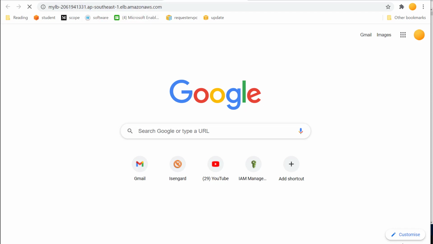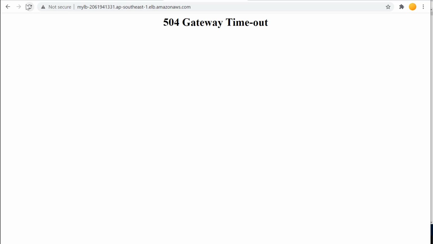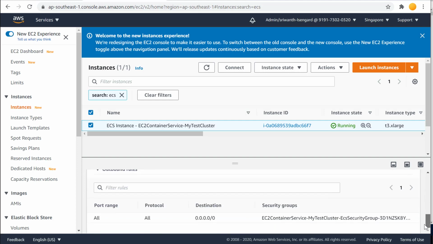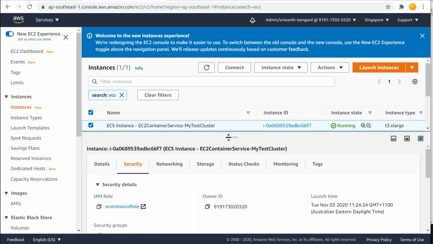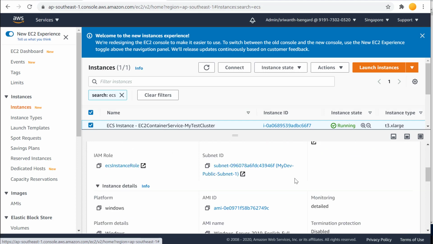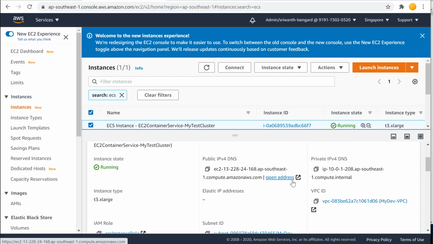Now when I access the website, you can see that it gave a timeout. This is because I haven't configured the security group of the Elastic Container Service EC2 instance so that it can communicate with the database. As of now, the website cannot communicate with the database. That's the problem. So let's now go into the ECS instance, in this case the Elastic Container Service test cluster. Now this has a security group. This security group as of now does not allow access to the database that this website needs,